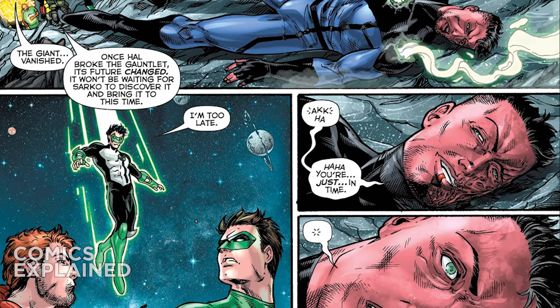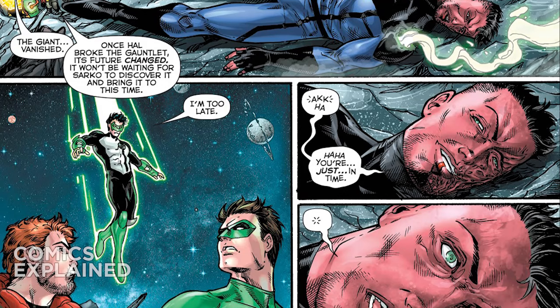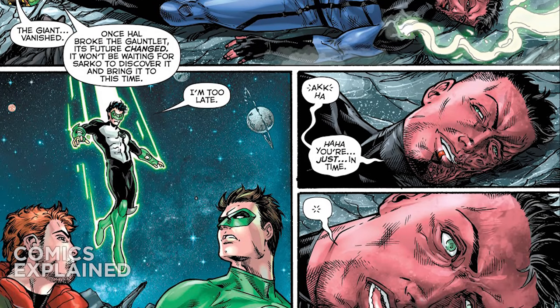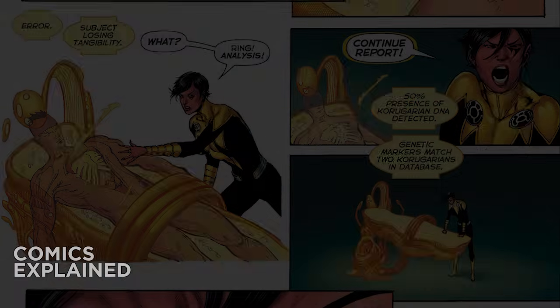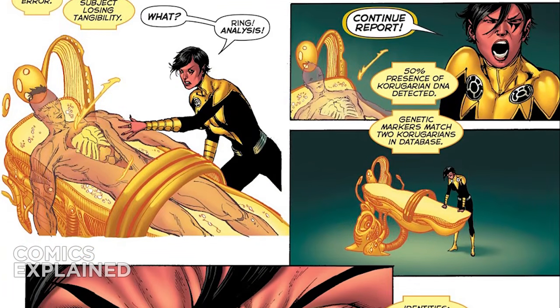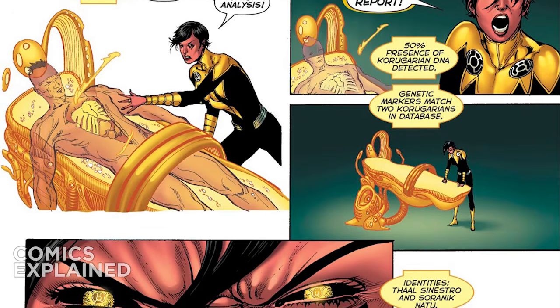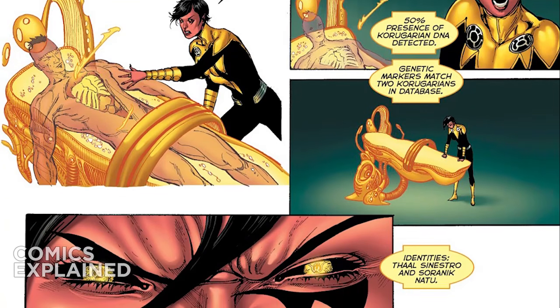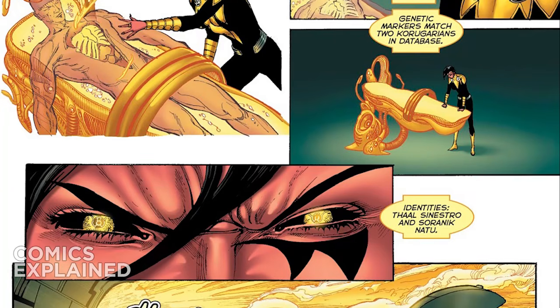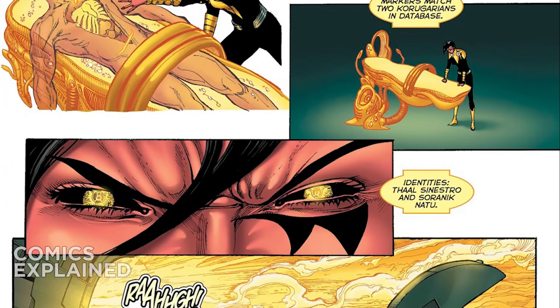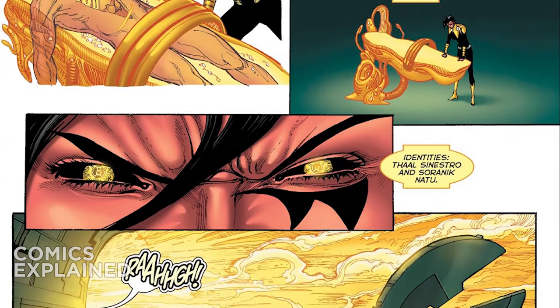One of the most notable things that came out of that was Kyle Rayner's son, really the son of himself and Saranik Natu from the future, had basically come to the past, and Kyle Rayner was ultimately forced to destroy him. But the idea behind this is that Kyle Rayner and Saranik had essentially reformed their relationship, more or less, and Saranik Natu had led the Sinestro Corps following the death of Sinestro during the opening story of Robert Venditti's run. What you ended up getting was this realization that their future son had been destroyed by Kyle,